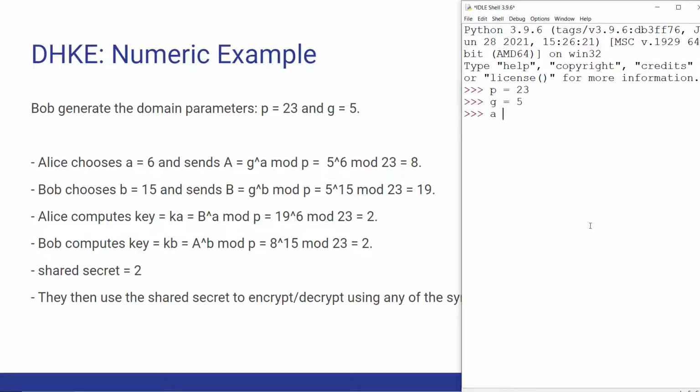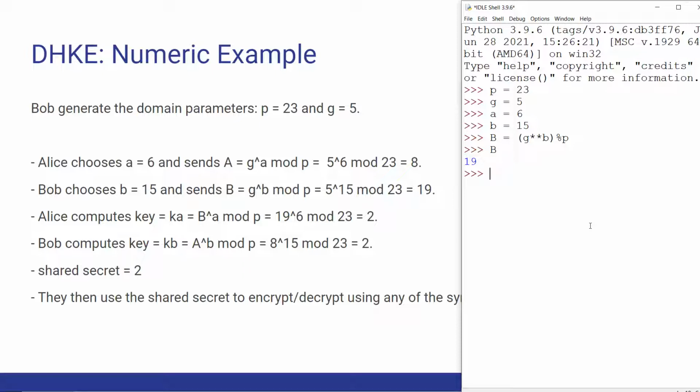Alice is choosing her private key a equal to 6, and Bob is choosing his private key b equal to 15. Now Bob is going to calculate his public key B. As we all know, the public key is nothing but g power b mod p. Mod in Python is represented using the percentage symbol. So the B value is going to be 19. We have received B value as 19. Then Bob will send his g, p and B value in the server key exchange message to the client.